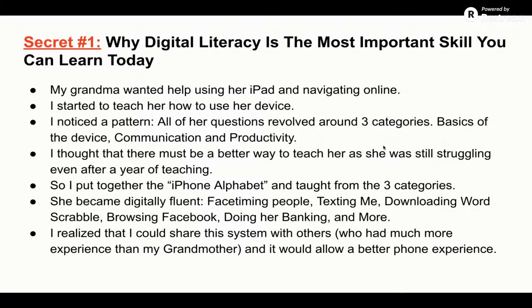She found that completely on her own. And I realized that I could share the system with others, obviously people like you who have much more experience than her at 89 years old. But it was a great example of helping someone who really had zero experience learn this skill. And she ended up communicating for years, probably 3 or 4 years,